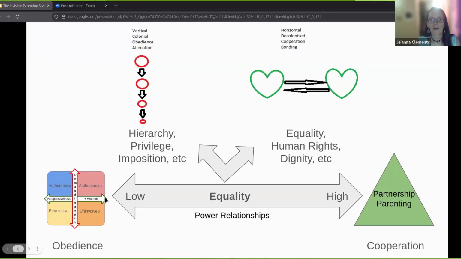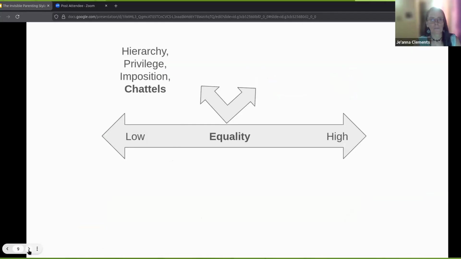Because that makes it look like all of these are the dregs. It's like, oh, you're so terrible. You're right on the low end of equality. How bad you are. And we start getting into this game of who's better than. No, not really. Because if we really look at this equality slider,